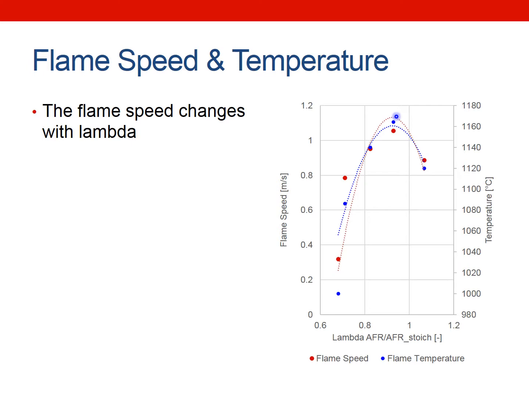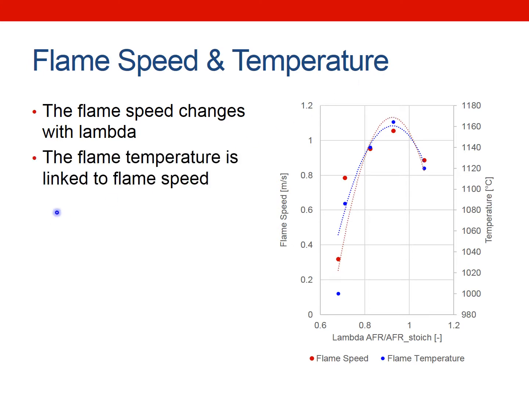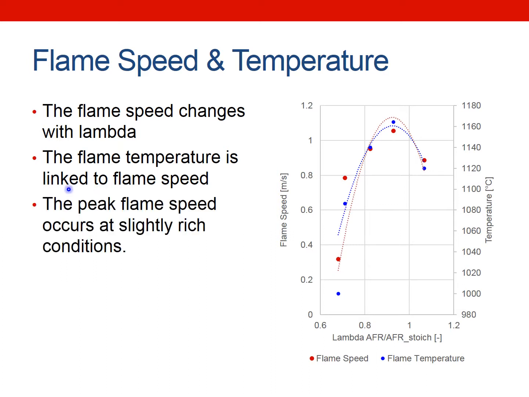speed. Now, this is important in terms of combustion, because in an engine, if we're trying to extract the maximum amount of power, this is where we want to be. This is going to give us the maximum temperature, so it's going to heat up our gas and means we can extract the work from it, and also the maximum flame speed as well. So, thinking back to the 3 T's, that minimises the residence time we need, because we can completely combust all the fuel within the chamber. So the flame temperature is linked to the flame speed. Makes sense that they go hand in hand together.